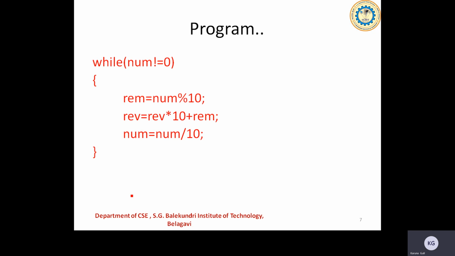Next, while the number is not equal to 0, I'll proceed with this. I'll be calculating the quotient and the remainder part there, that is the units place data there. Then I'll be shifting that towards the left side using reverse is equal to reverse into 10 plus remainder there. Then number is equal to num divided by 10 to get the upper part of the given data there. Okay, I'll be continuing that till I get the number value equal to 0. Once the number value is equal to 0, I'm coming out of the loop there. So reverse is holding the reverse of the given number there.